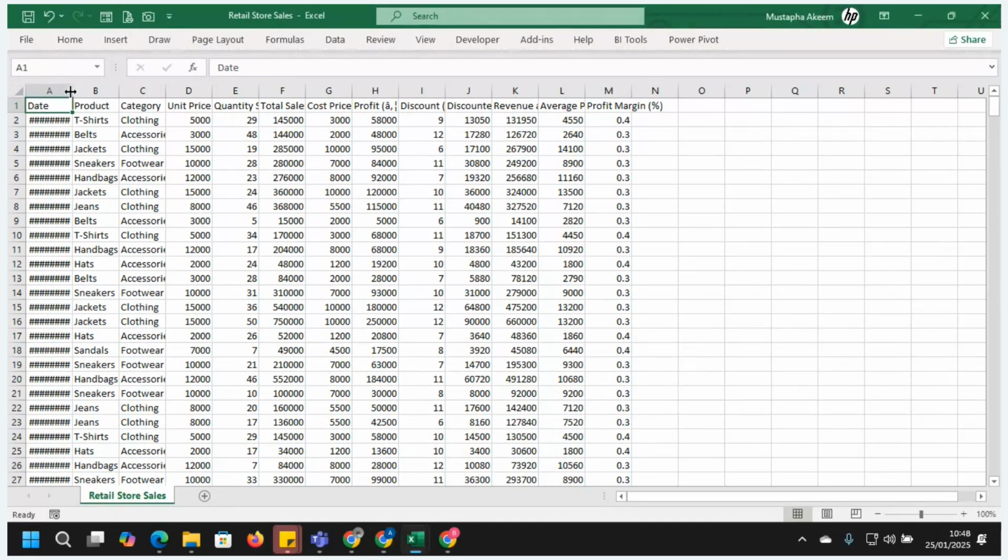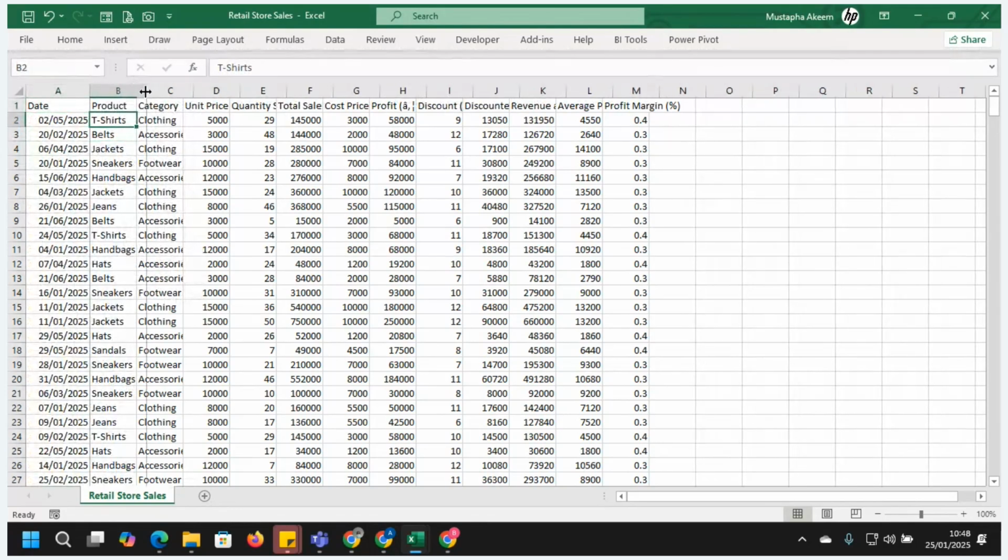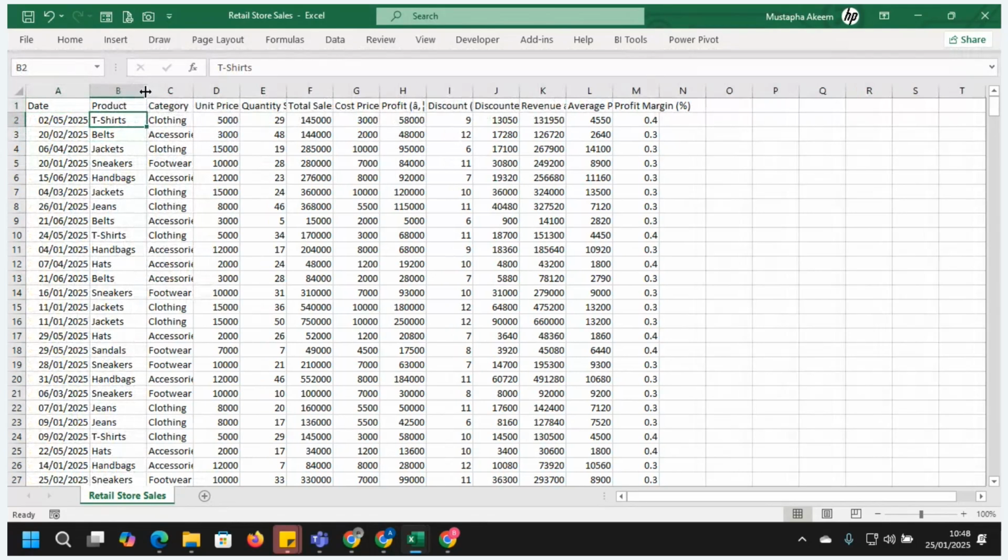Since this is hands-on training, do you have access to get this data? I've sent it to your email. Check your email. You already have it. And if you're in any of our WhatsApp groups, you also get it there. I've sent the data this morning. Yes, you should have it in your email. Please check.